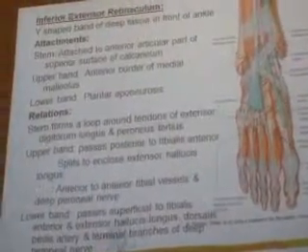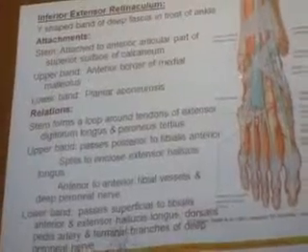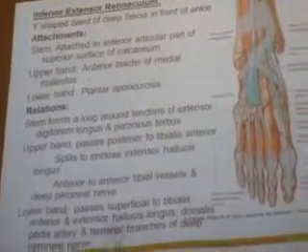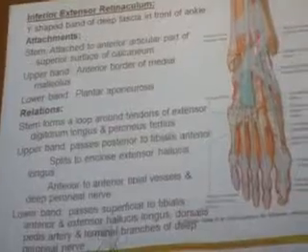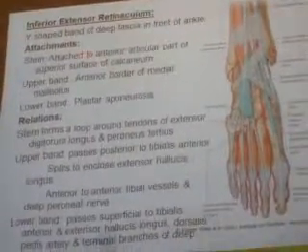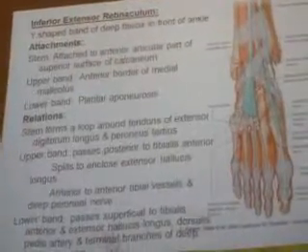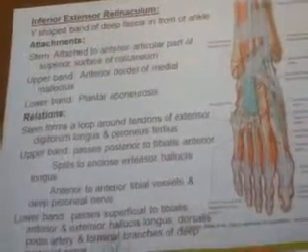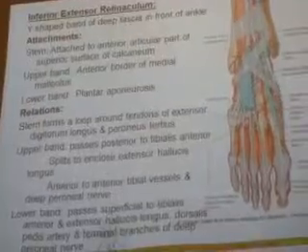Second is the inferior extensor retinaculum. Just like the superior extensor retinaculum, there is the inferior. It is Y-shaped. All these are nothing but modified deep fascia. So it splits into two. The main stem is from the calcaneus bone here. Then it splits into two bands. The superior band will go to the medial malleolus of the tibia, and the lower band will go to the plantar aponeurosis.